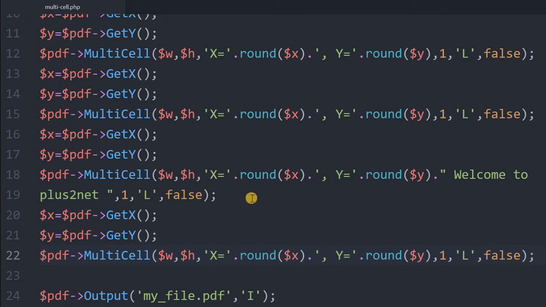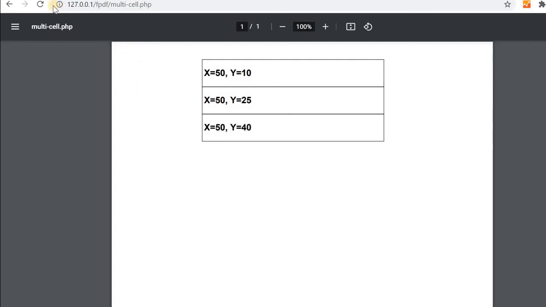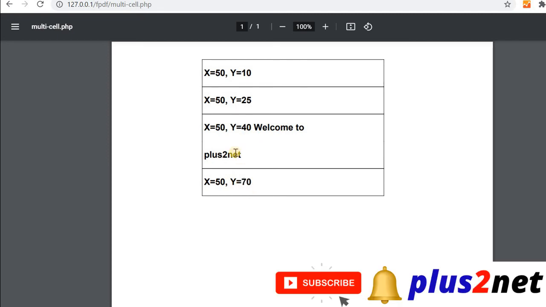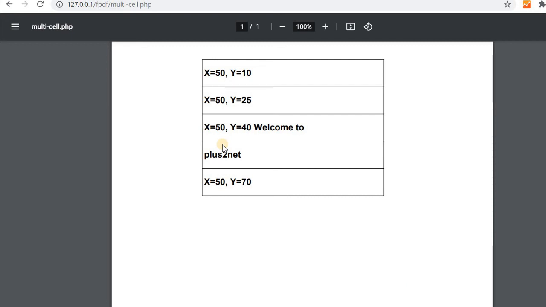Imagine in the third cell we have increased it. So let's see now. See, it is 40, so otherwise it should have been 40 plus 15, 55, but it is 70 now, because the height has increased, as we have added one more line of text here. That is how x and y, the horizontal and vertical coordinates, vary in the case of multi-cell.